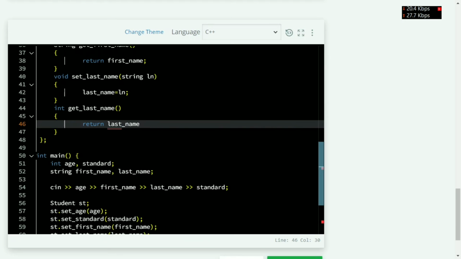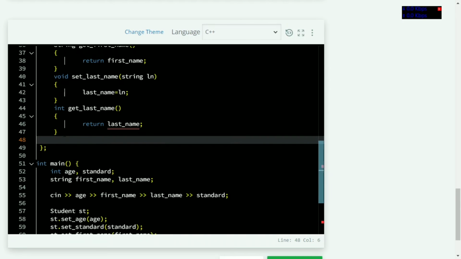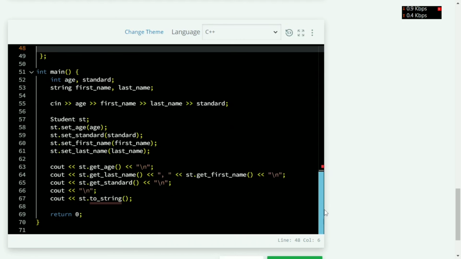So this is fine for now, and the next function we have to define over here is to string.